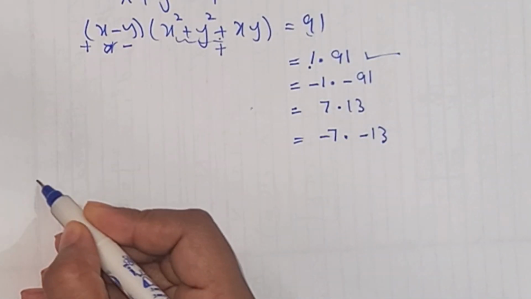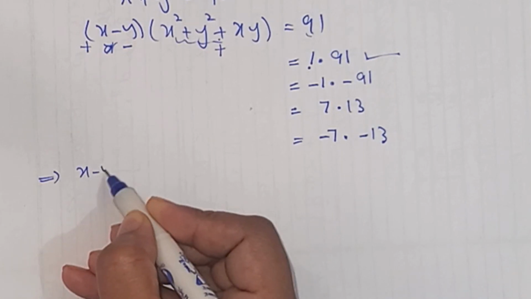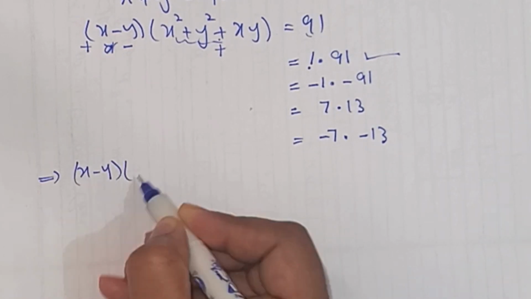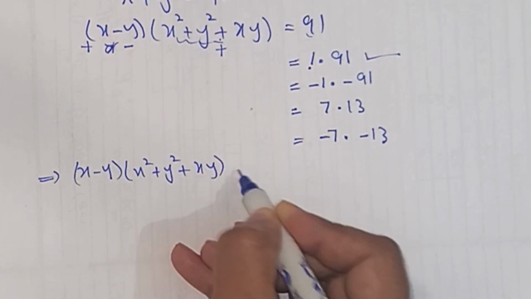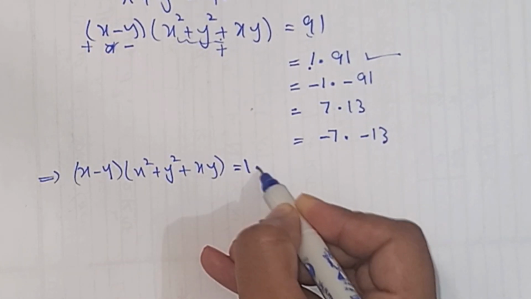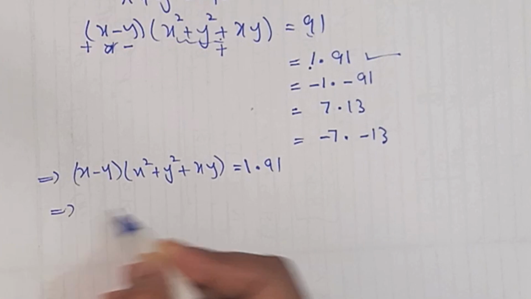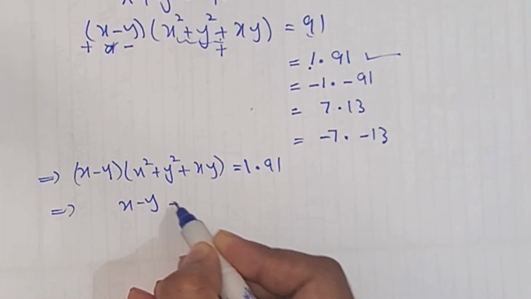So this implies x minus y multiplied by x square plus y square plus product of xy is equal to 1 multiplied by 91, and this implies x minus y is equal to 1